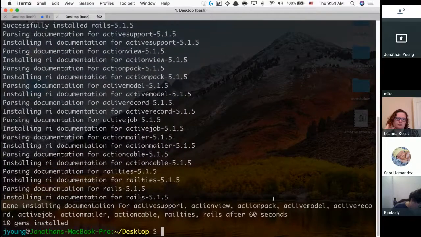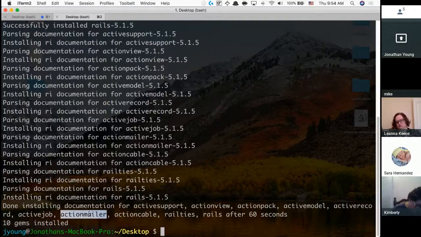Okay. All right, so it took 60 seconds, but we have all of the libraries that go inside of Rails. So Rails, again, Rails is a framework. And a framework, like we've been saying since day one, is just thousands, in our case, tens of thousands of lines of code that make your job as a developer easier. Now, you could write your own thing to render all the views and to connect to the database and do all the emails and stuff like that.